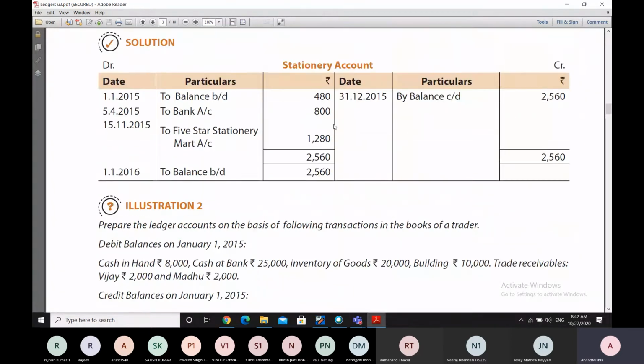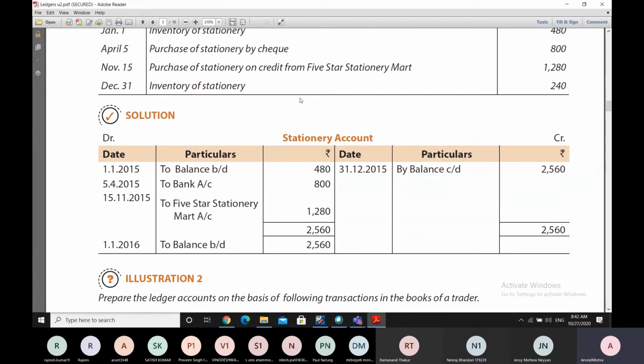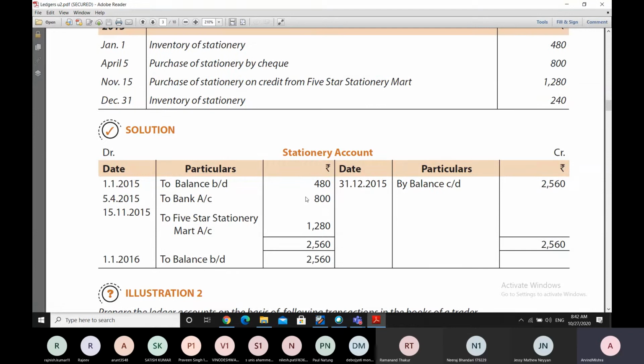Now let me point out to you that here in the previous example, on December 31, there was an inventory of stationery of 240 rupees, and you might be wondering why it is not finding a place in the stationery account here. Basically, stationery is the type of an item which is generally taken as a revenue item, and even if this 240 rupees stationery is not used up,